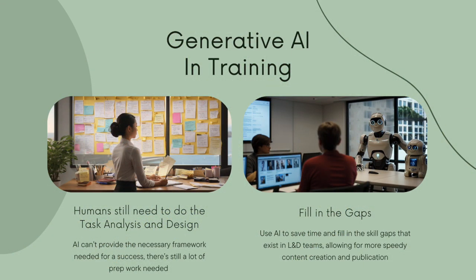So, what does that mean for content generation? The way AI is going to be used, in my mind, in training, and to be used safely and responsibly, is that it's used to help fill in the gaps. You still need to do your task analysis. You still need to understand how the job is going to work. You need to break down that job into tasks. You need to break down that task into subtasks. You need to break down those subtasks into the skills, knowledge, and approaches or attitudes or perspectives that are necessary for someone to do a job well.